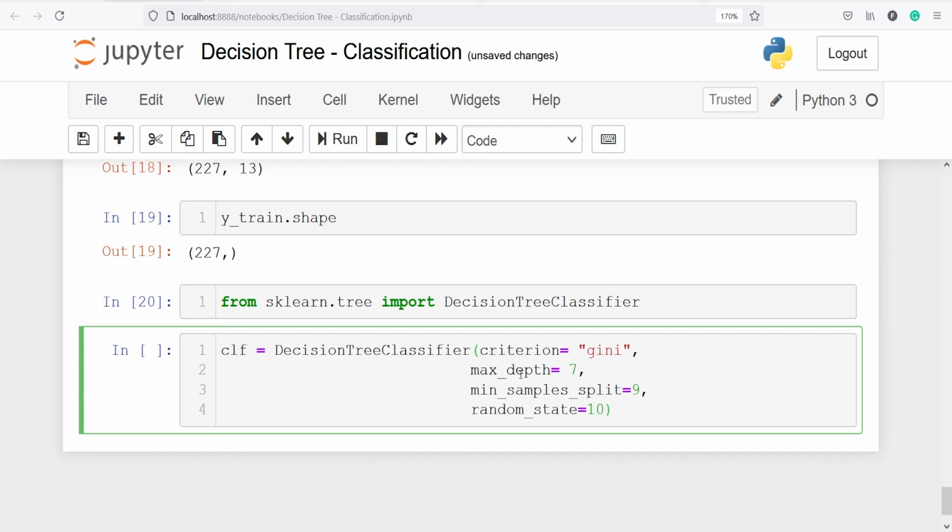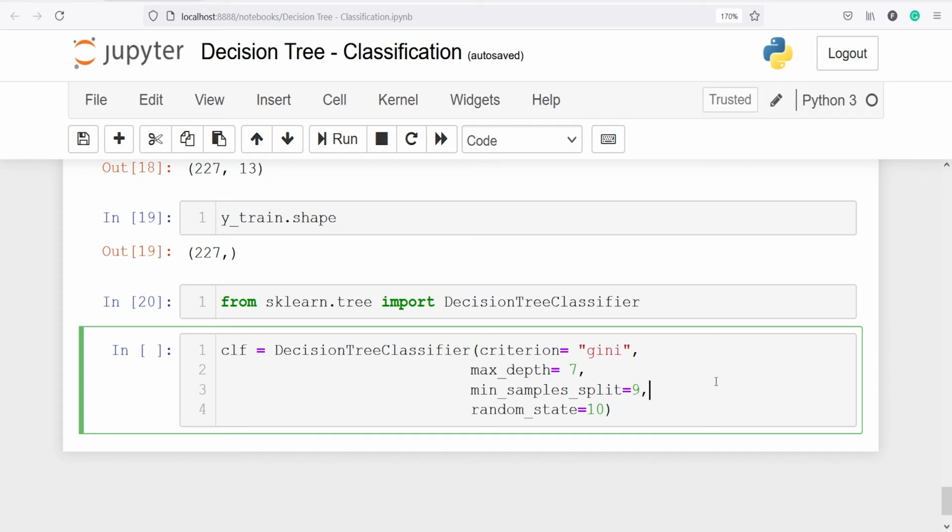It is the maximum depth of the tree, and we want it to be 7. Then the next parameter is min_samples_split, and it is the minimum number of samples required to split an internal node or branch of the tree. So whenever we want to split a branch, we will take at least 9 samples to split that branch. And for this random state, you can put any number here.